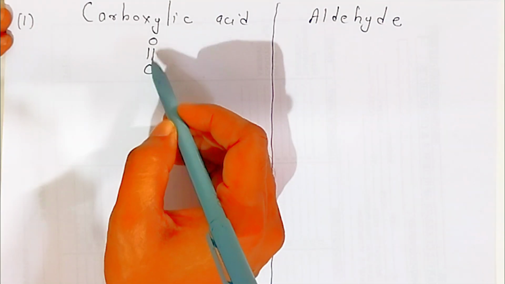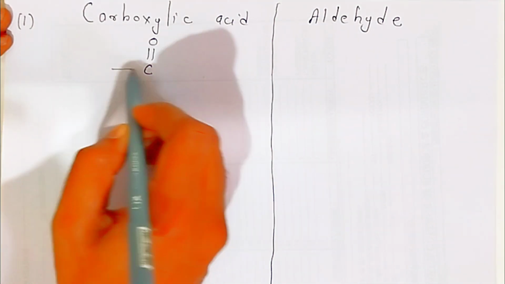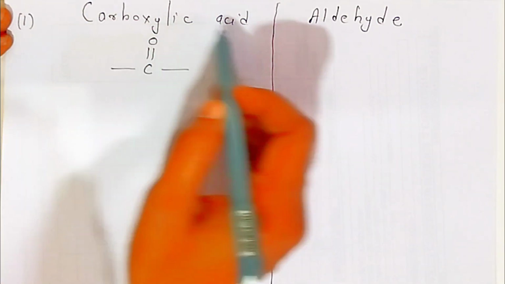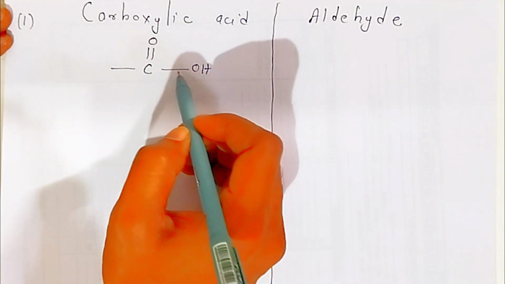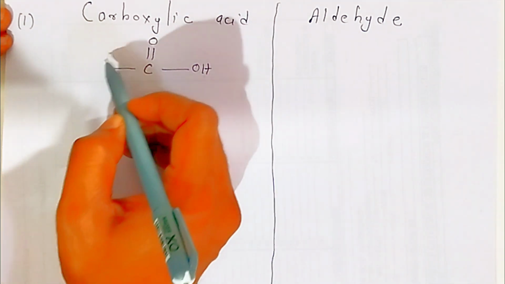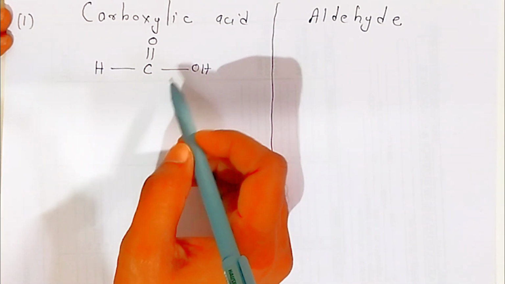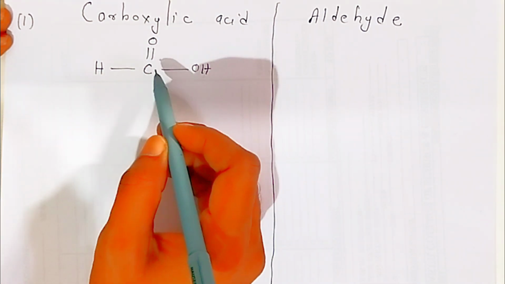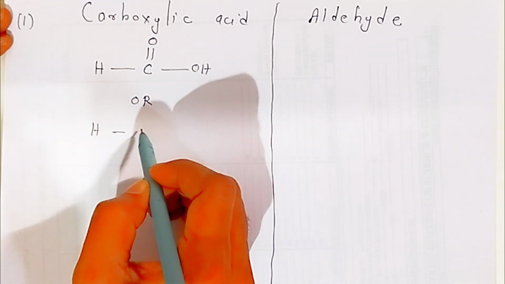Carbon always has 4 valency. Out of 4, 2 valencies are occupied by oxygen, and here 2 valencies are there. Since it is an acid, we have to use OH. Out of these 2 valencies, 1 valency is already occupied by the hydroxyl group, and the other valency I am going to replace by hydrogen. Since this acid contains only 1 carbon, students, you can also represent it like this,